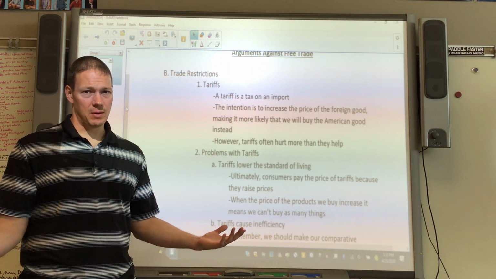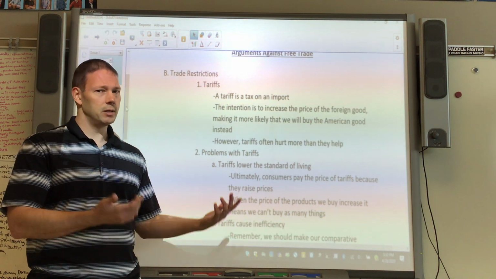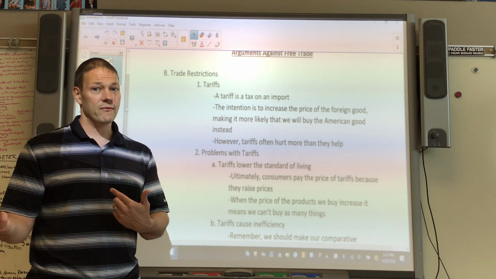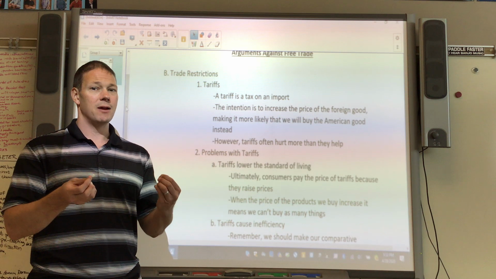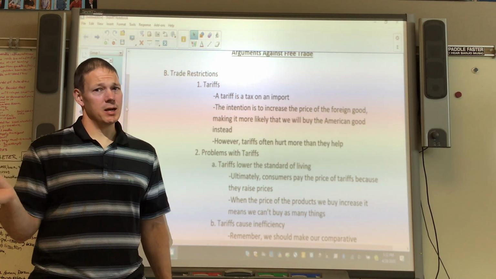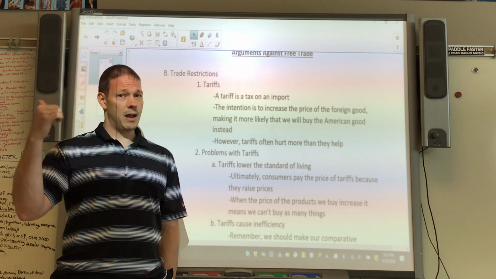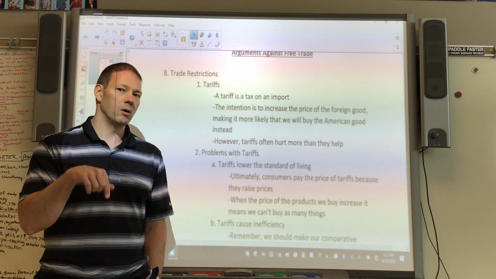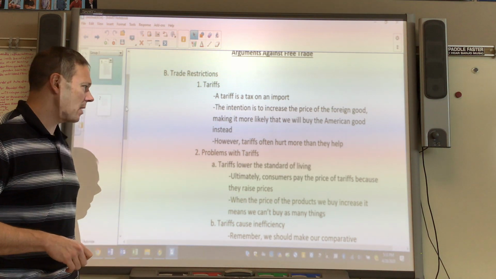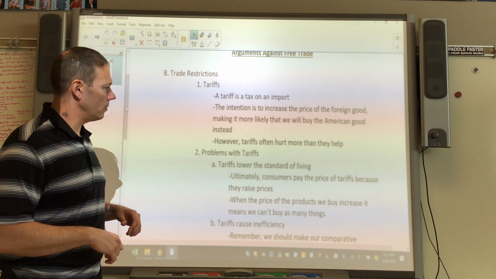So one of the things that people forget about, of course, is what happened exactly after Trump put all these tariffs on Chinese goods. China retaliates by putting tariffs on our goods. And I can tell you right now, farmers who were exporting a lot of food, used to export a lot of food to China, they're not very happy about this because China has put big taxes on our food going over there, and now they're not buying as much of our food, and it's really hurt farmers. And so there's all kinds of problems I have with tariffs. I'm not a big fan, that being one of them. But let me go through 4 specific things that I think tariffs, why they're problematic.